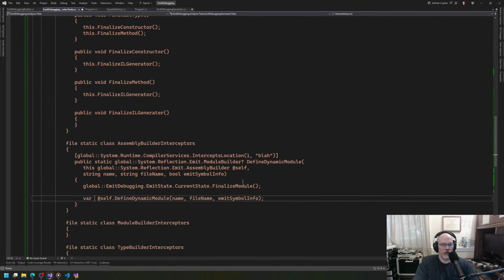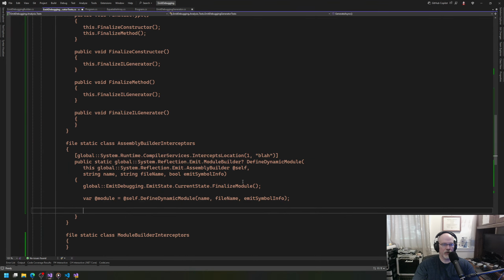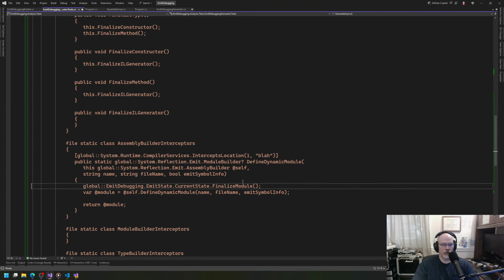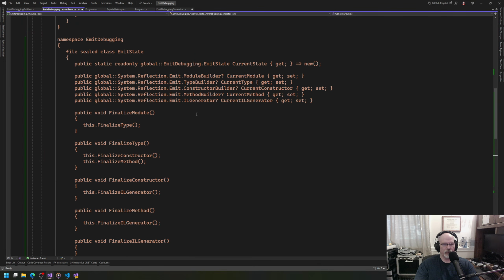Then we're going to say var module is equal to this. We're eventually going to return it. But then we're also going to go back to the global, and we could also have an initialize method for all these too. We could say something like initialize the module, because then that would go through and make sure that